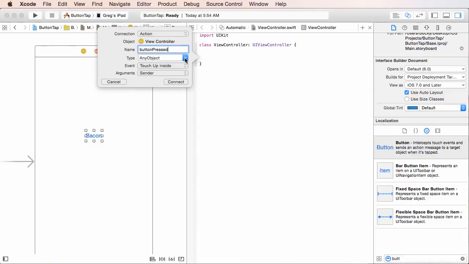Now for the type, we're going to set this to UIButton since it is a button. Now the event we can leave as the default, Touch Up Inside. Believe it or not, there are different ways that the user can interact with the button. They can swipe across it. They can just tap it. And the tap is Touch Up Inside. I know it's kind of a weird name, but